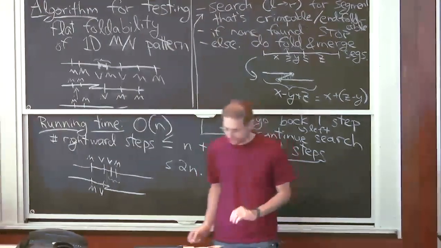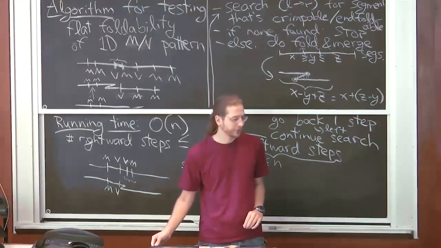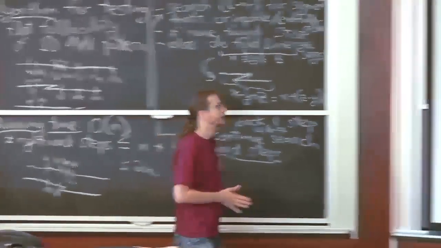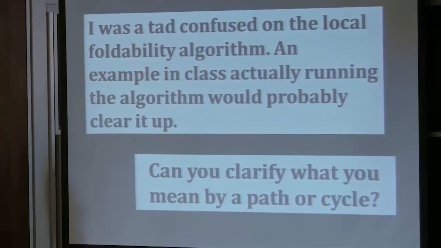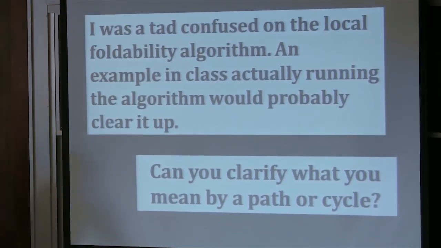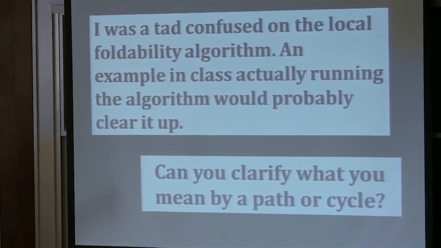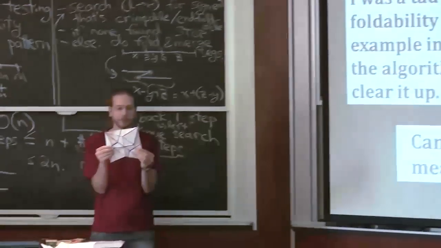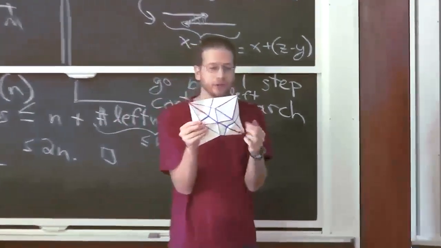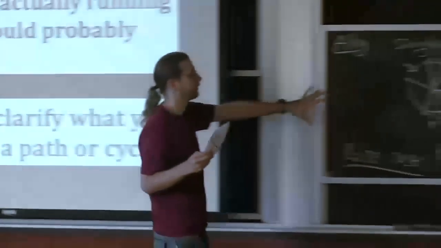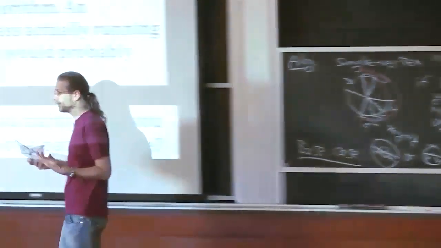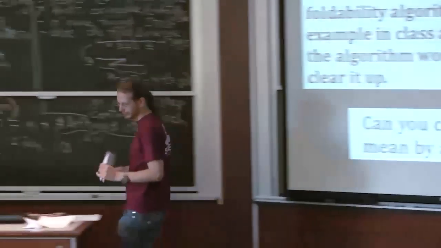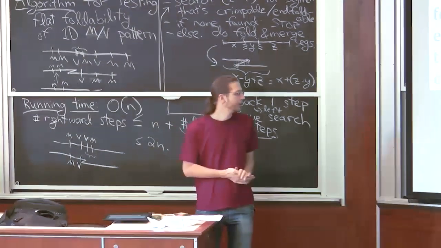Okay, that does algorithms. That was the new material I wanted to cover. Then there's the actual algorithm that was briefly described in class, this local foldability algorithm. So you have now not just a single vertex, but you have a whole crease pattern. You'd like to assign a mountain valley assignment to it that is at least locally good, that when you run this algorithm at each vertex, it gives the right answer. It says that, yeah, it's locally foldable for each vertex. It doesn't mean the whole thing will fold flat, but it's a start, at least. It's a necessary condition for that.